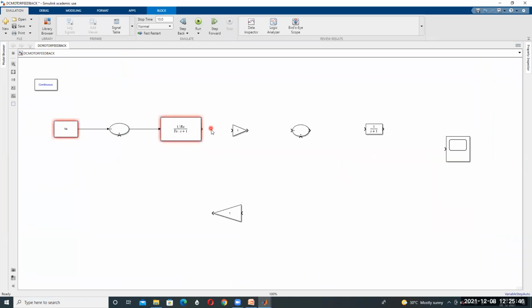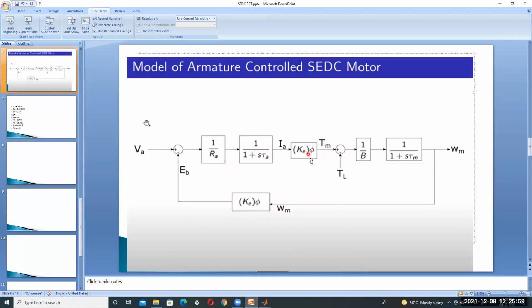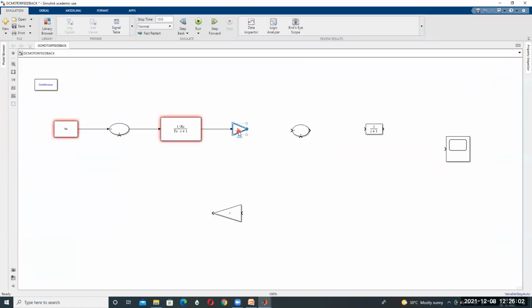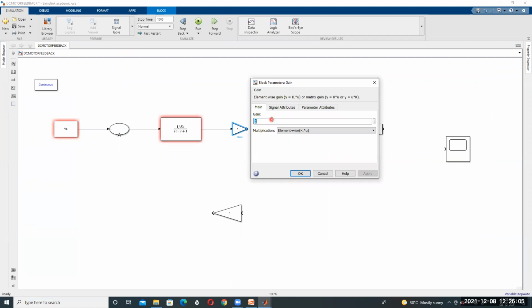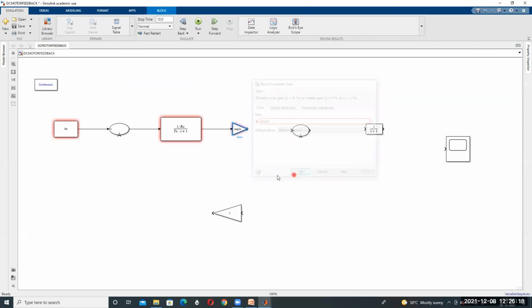So like this it is designed, and then connect to this gain. Then the gain here you will get like this. In this gain, what is this here? KE into pi. Gain is called KE into pi. So press twice right here, KE into pi. I'm writing like this, KE into pi. Then apply, and then okay. So it will appear like this. This is called gain.